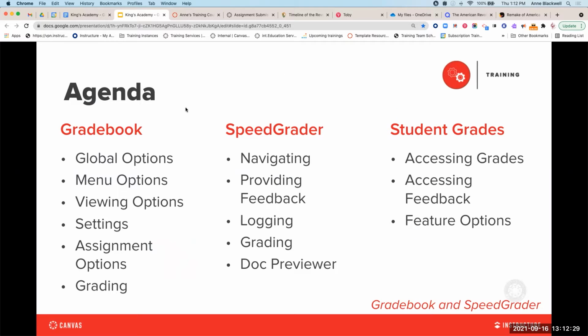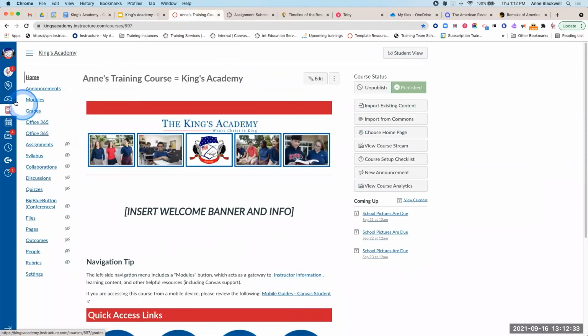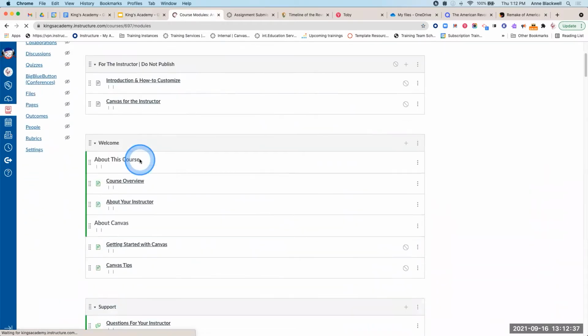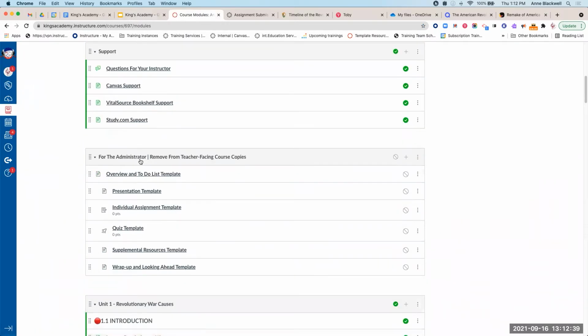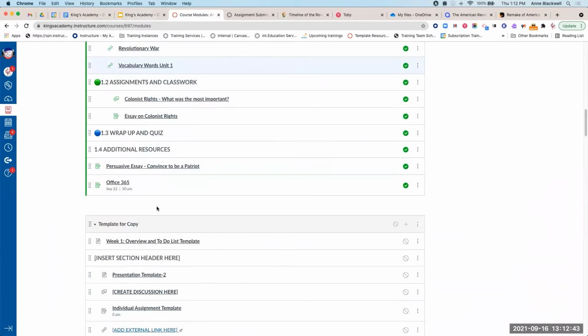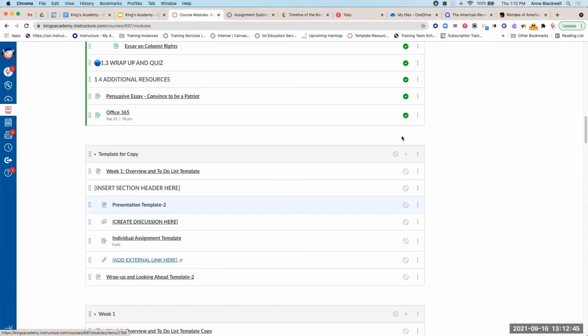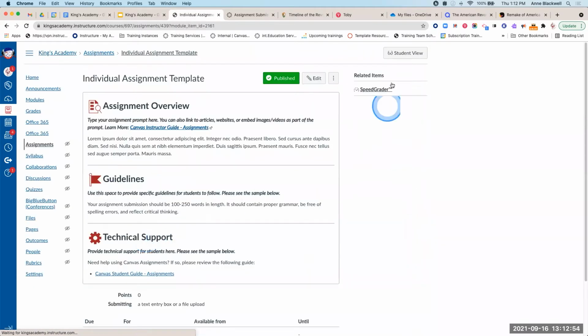So I'm going to give us a break. Before we get into this section, if you want to, come back into your module and then come into an assignment. It really doesn't matter which one, as long as it's published. Just make sure you publish the module and publish the assignment. If you want to come in and go into Student View